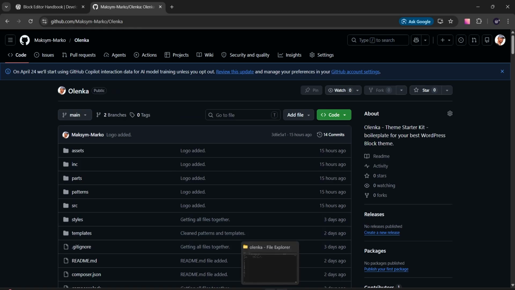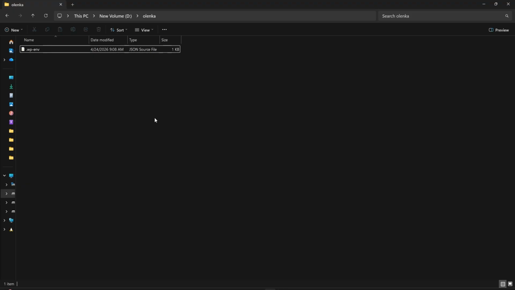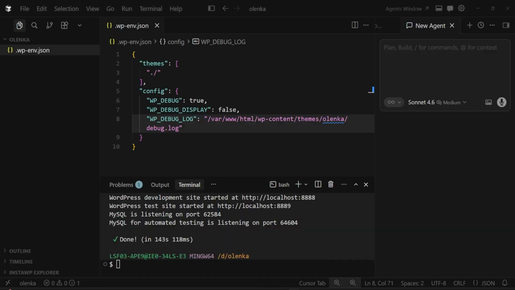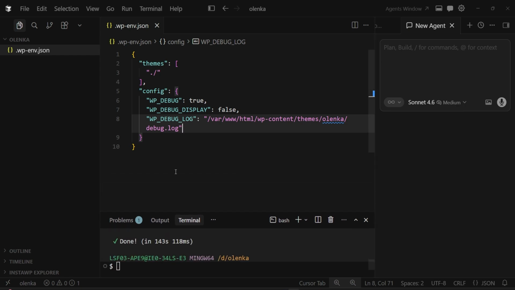I will be working using Docker, and you don't have to use Docker for your development. You can use WP local, you can use XAMPP, MAMP, WP CLI, but at the moment in this tutorial I will be showing how to work using Docker. Also, I will be using Cursor. Artificial intelligence is everywhere right now, so I think it's a very good idea to use this powerful tool in WordPress